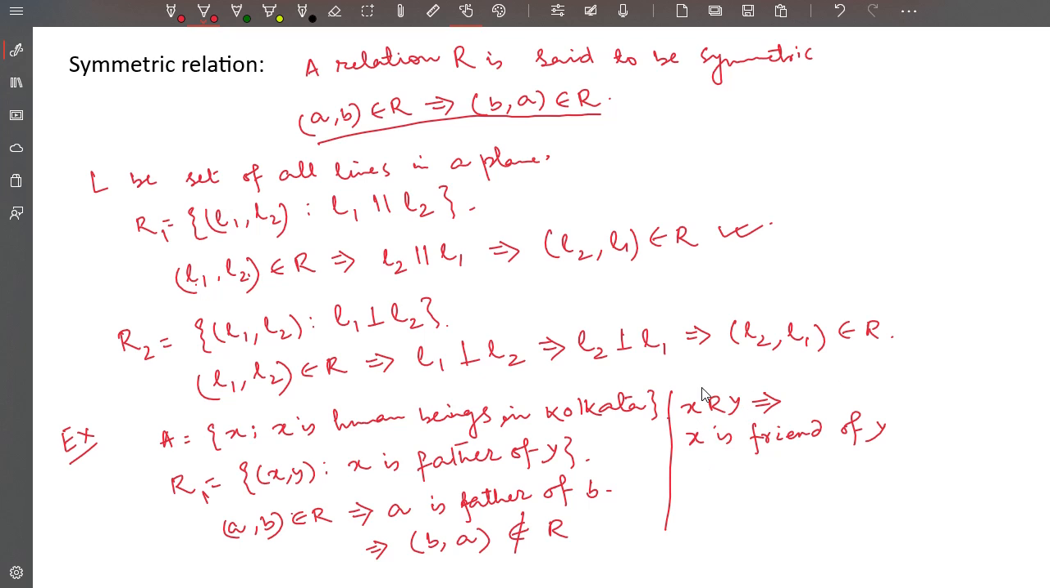This is one way of writing (x, y) belongs to R. This is one way of writing X is related to Y if and only if X is friend of Y. What do you think of this relation? Will it be symmetric or not? I think this will be symmetric because every human being is